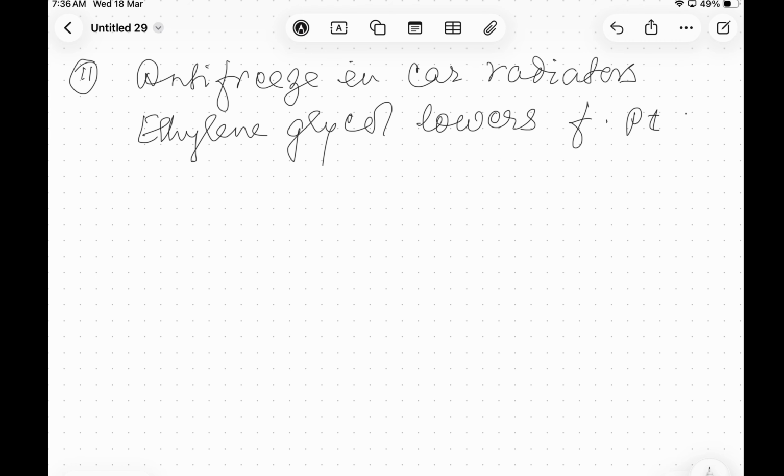Depression of freezing point arises from the same fundamental principle: addition of solute lowers the vapor pressure of solvent. In our next discussion, we will study the most powerful colligative property used in chemistry and biology, that is